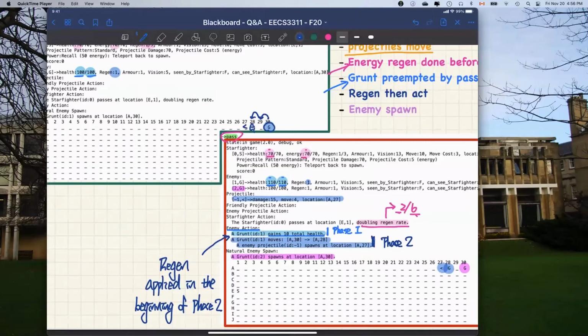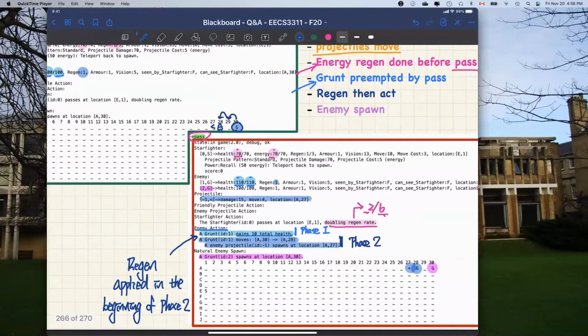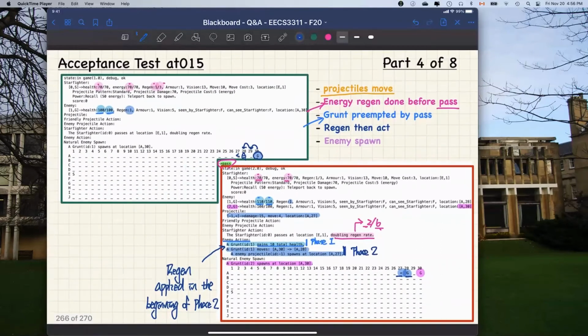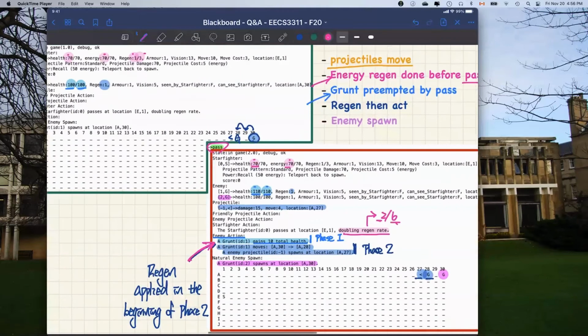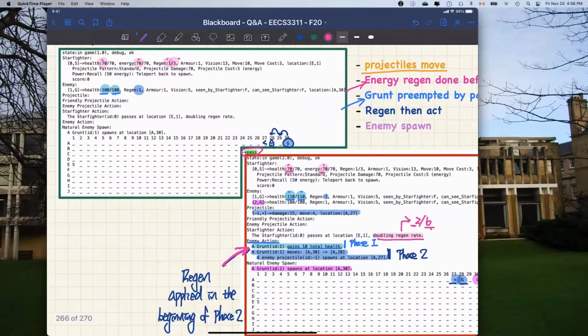enemy projectile to the left, right? So that's exactly what you will see over here in the post states, okay? Oh, one thing I forgot to mention over here. So when do we apply the regen to this case over here for the grunt, right? As we said before, in case both phase 1 and phase 2 are present, you have to apply the regen in the beginning of the non-preemptive action. But now in this case, it doesn't make an effect, but I just want to tell you how you would do it. So now in the beginning of phase number 2 for the grunt over here, you can see currently their current health,